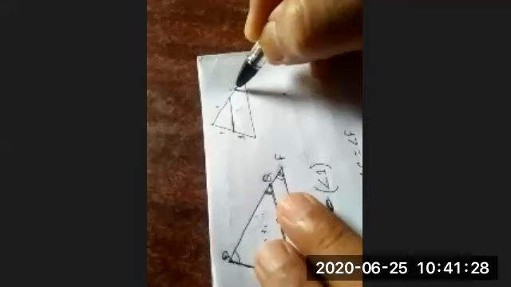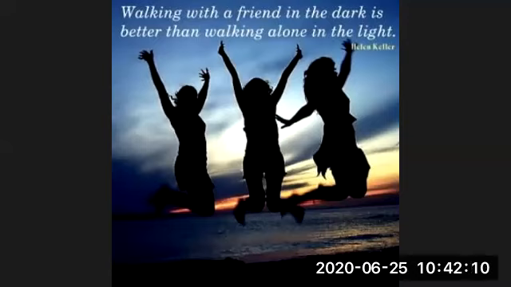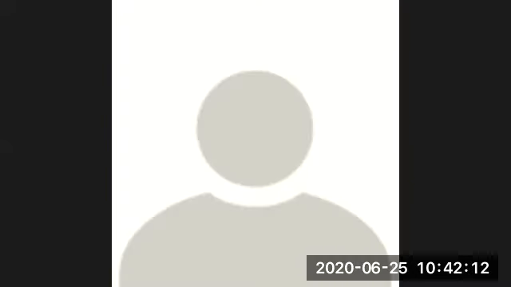Understanding? Yes, sir. Lakshmi? Yes, sir. Okay. And if these two sides are parallel, then these corresponding angles will be equal. Angle P will be equal to angle E and angle Q is equal to angle F. Yes or not? Yes, sir. So this is what I have written here. Angle P is equal to angle E and angle Q is equal to angle F.